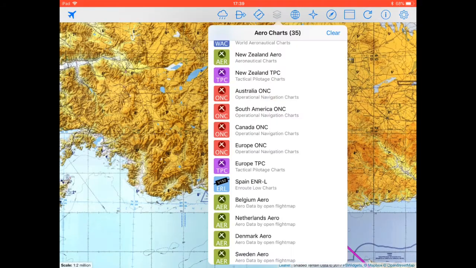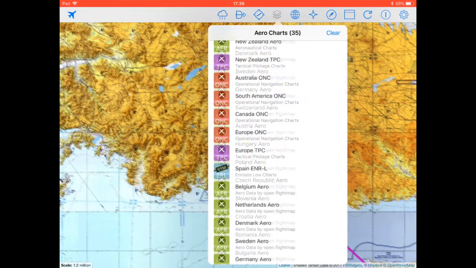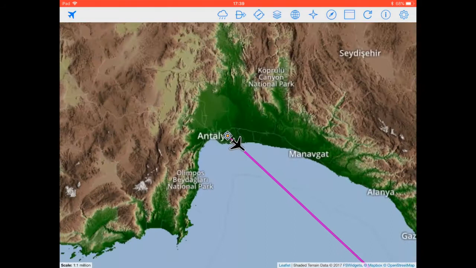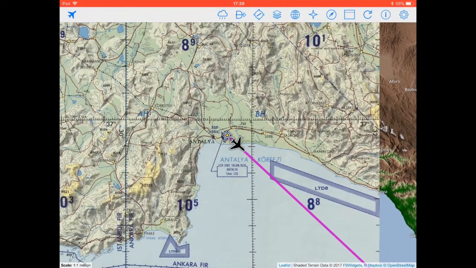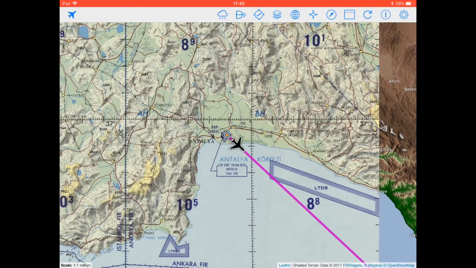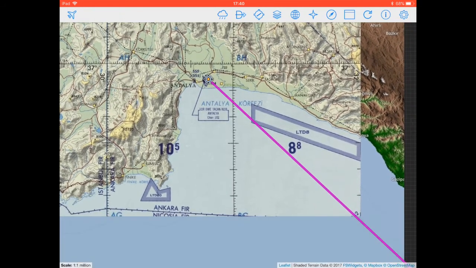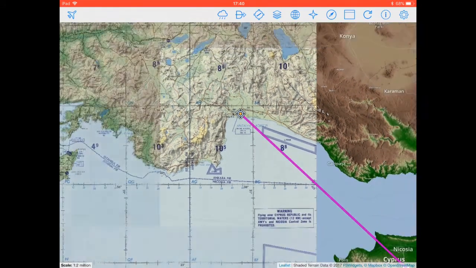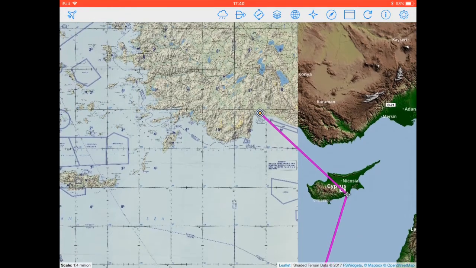And there's a fairly, well, I won't say comprehensive set of charts because it's anything but comprehensive, but a fairly extensive collection of charts. So just to show you an example, one of the other European charts is this ONC chart. So it's a different kind of chart, different information available, but you'll notice also that chart appears to end just to the right of the screen here. If I turn off the tracking for the moment and zoom out, you can see the limits of that chart,